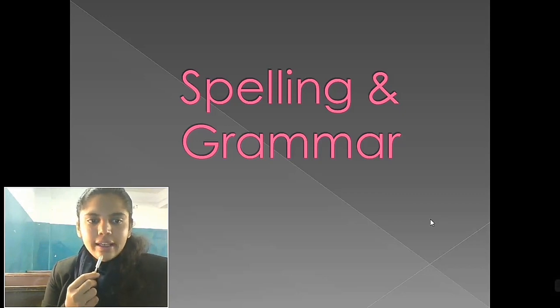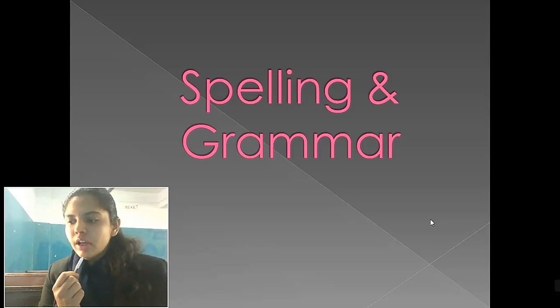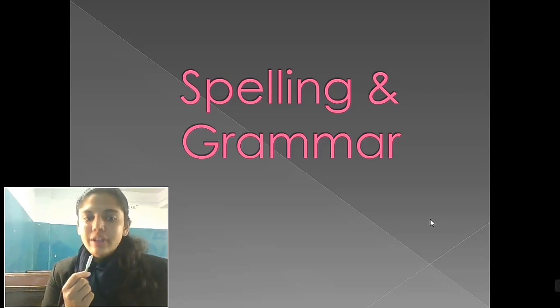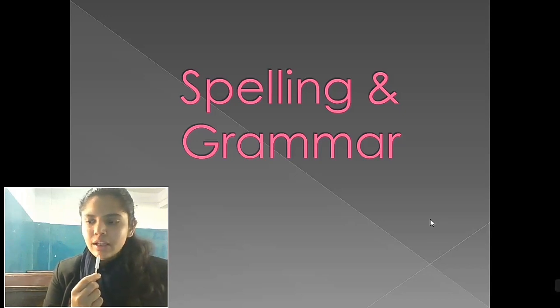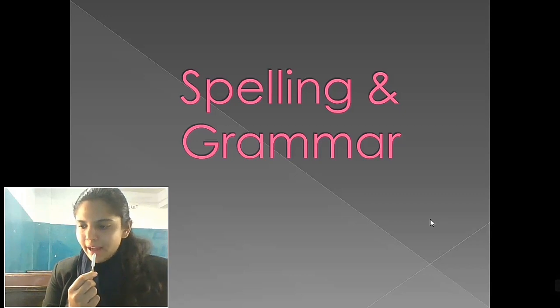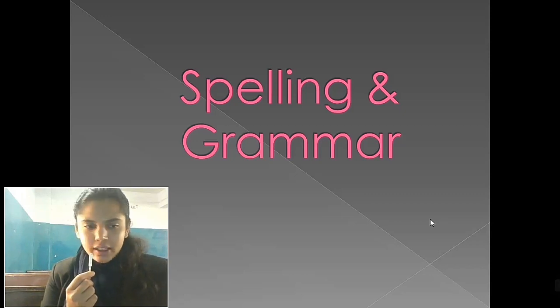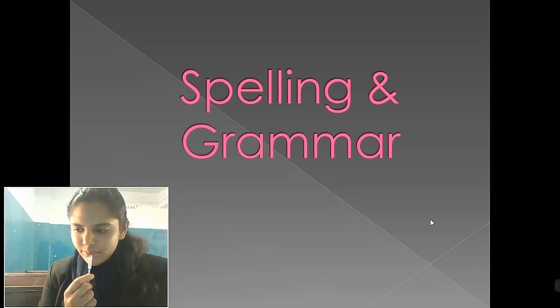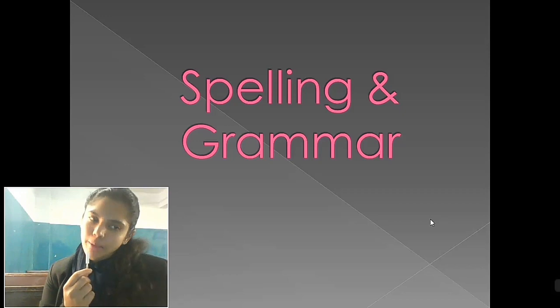कौन सी facility है ये? Spelling and grammar facility, which is available in the proofing group of the review tab. कहाँ मिलेगा हमको proofing group of review tab? So let me show you where is the proofing group of the review tab, and we'll type some paragraph. Here you can see some lines are given over there about a jungle. We will type that paragraph and we will see what are the spelling mistakes and the grammatical mistakes.